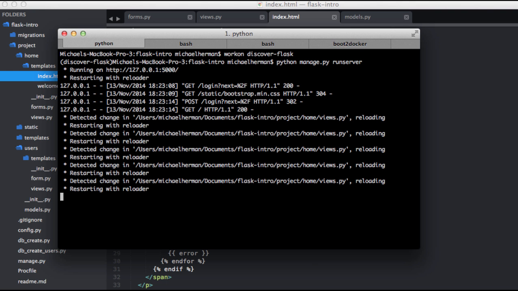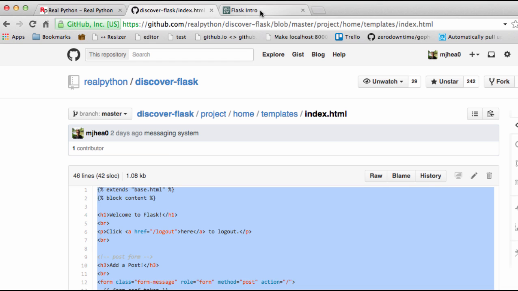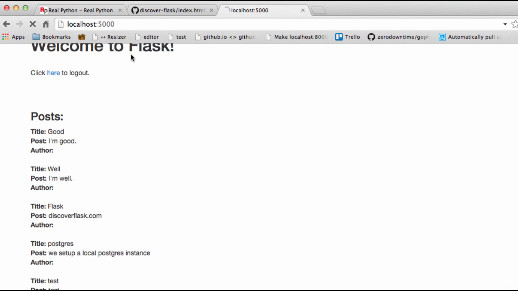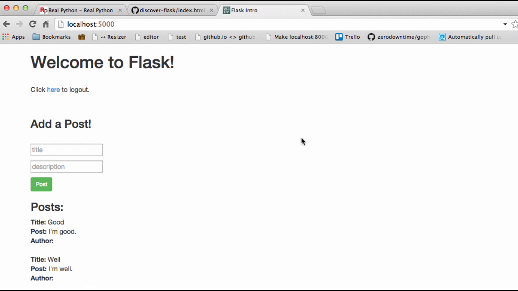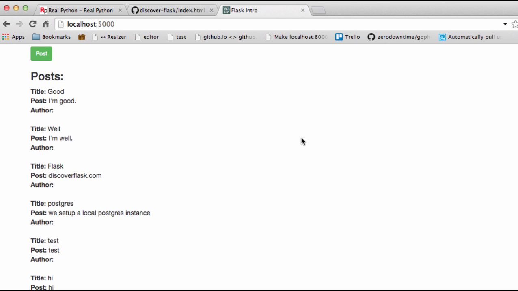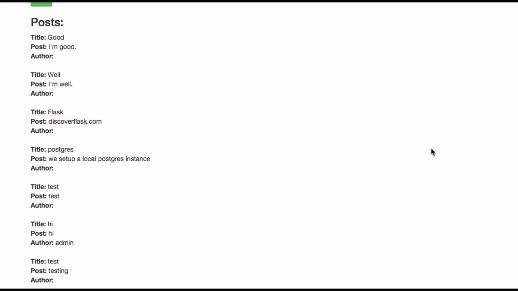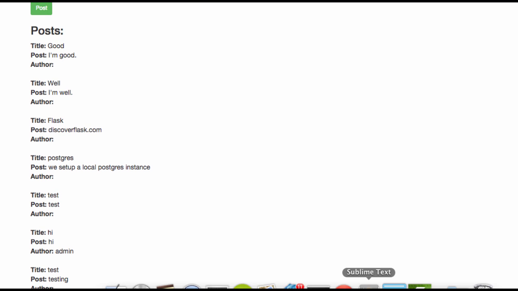Server's still running. Let's refresh this. So we can see the form here. Let's do test and testing. Go ahead and post that. And I know it's a little bit hard to see here, but the author field is not appearing. So if we go back to the model,